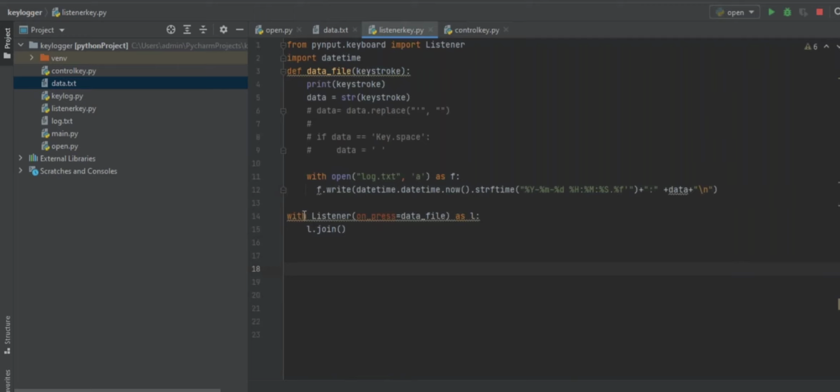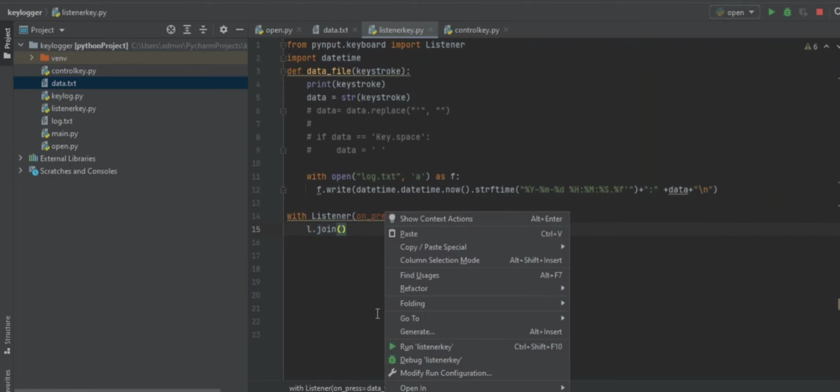so it can print it to the next line. And here I've made use of the listener object, and inside this listener I have used the keyword on press. Like the name suggests, whenever a keystroke is pressed, it will send that keystroke to this data file, and it will work accordingly to whatever function that we have typed in here. And I'm saving this whole instance as L, and I've joined this function. So now this join keyword will join every keystroke with single quotes, and it will make sure that all the keys that are pressed are joined together.